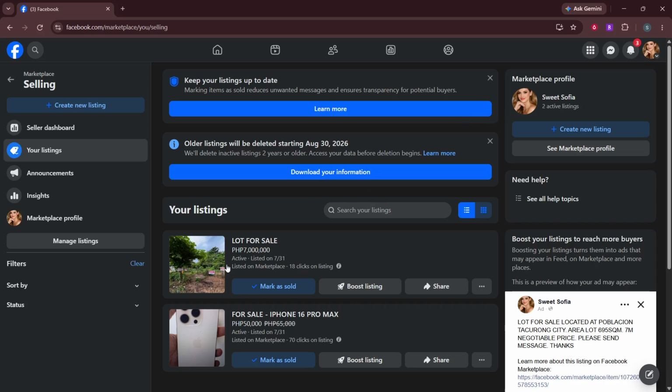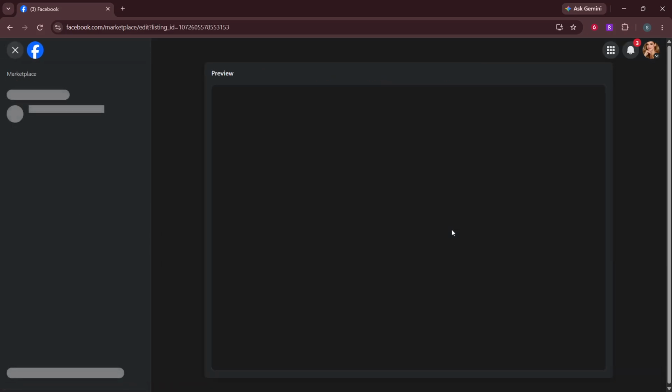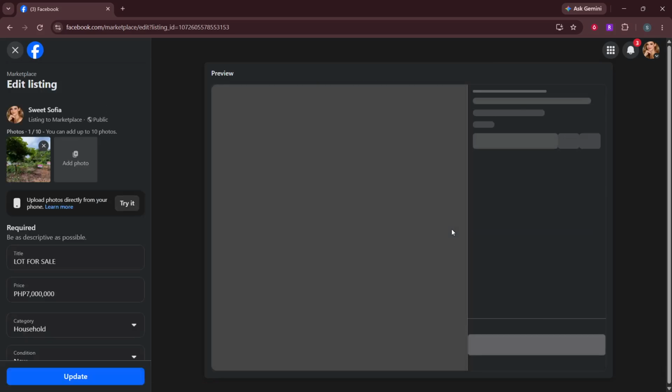With that ready, look through the list to find your listing. You will see each item shown as a small box, usually with a photo, a title, and a price. Scroll up or down if you have several items, using the mouse wheel or the scroll bar on the right. Take your time and read the titles carefully so you do not confuse similar items, like 2 different chairs or 2 phones with similar names. If you recently posted the item, it will usually appear near the top of the list.